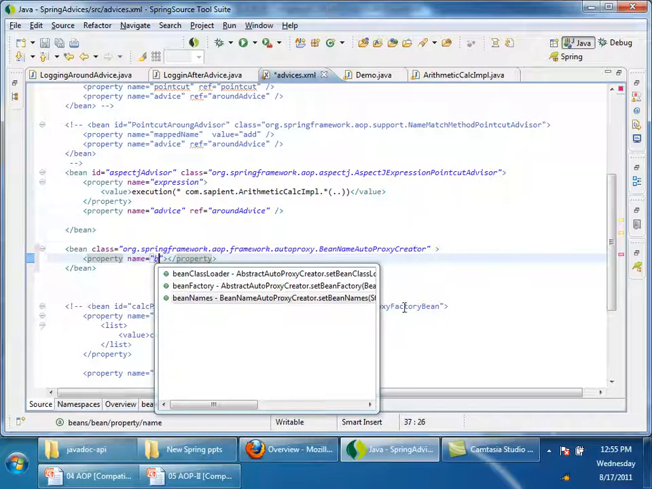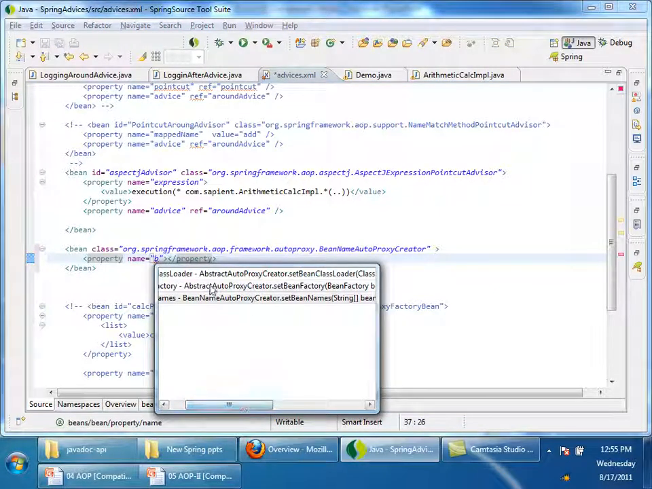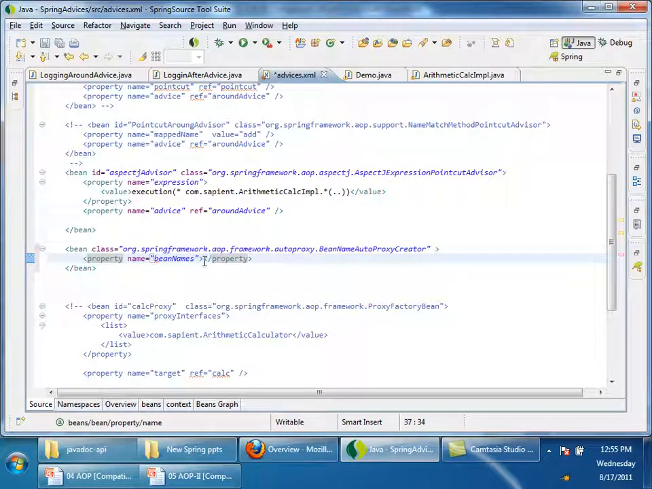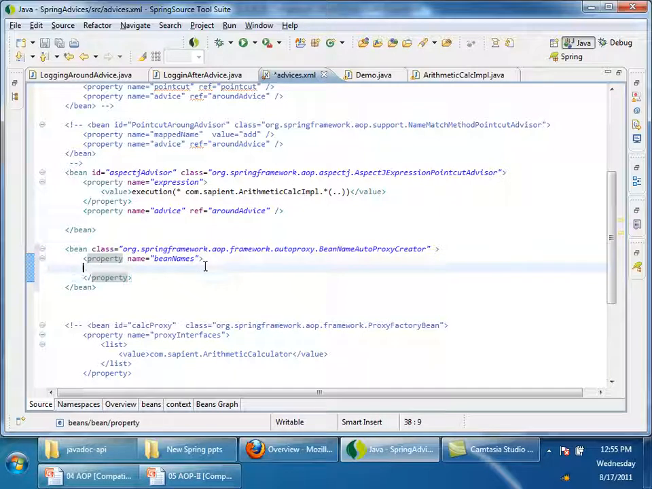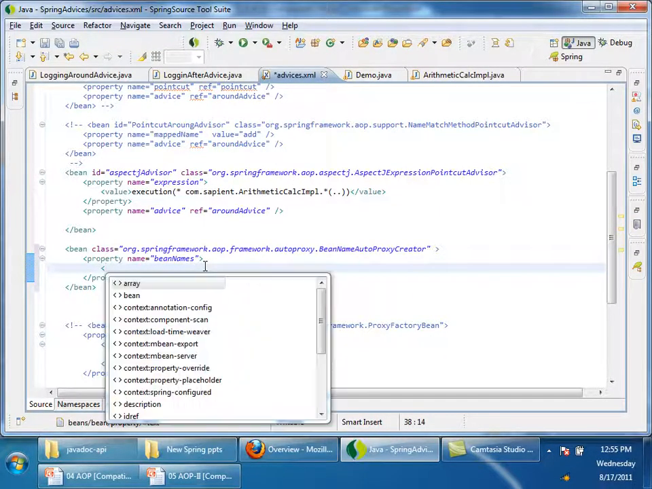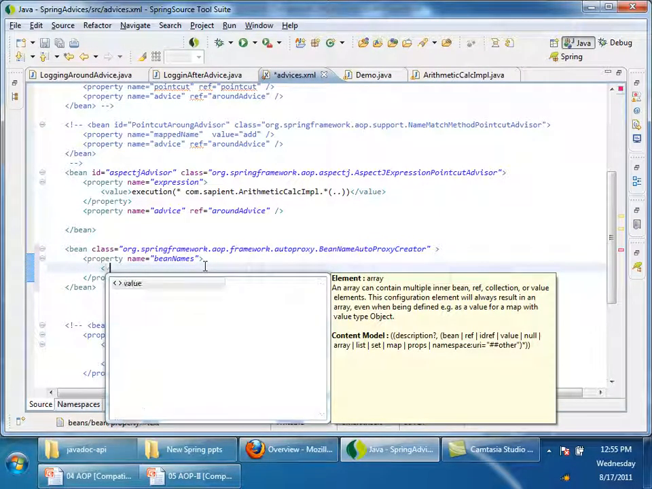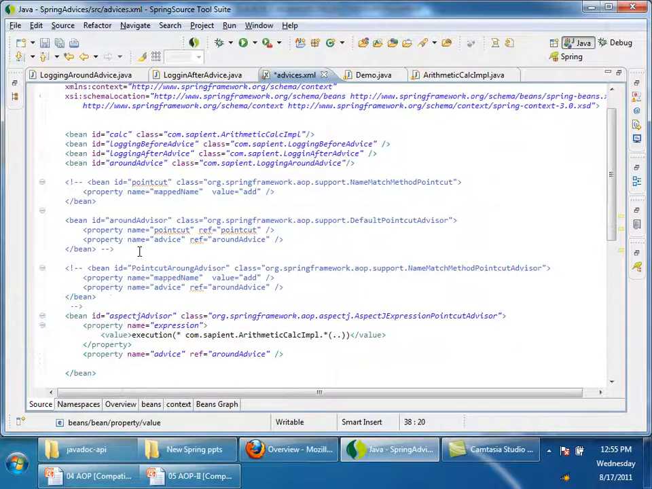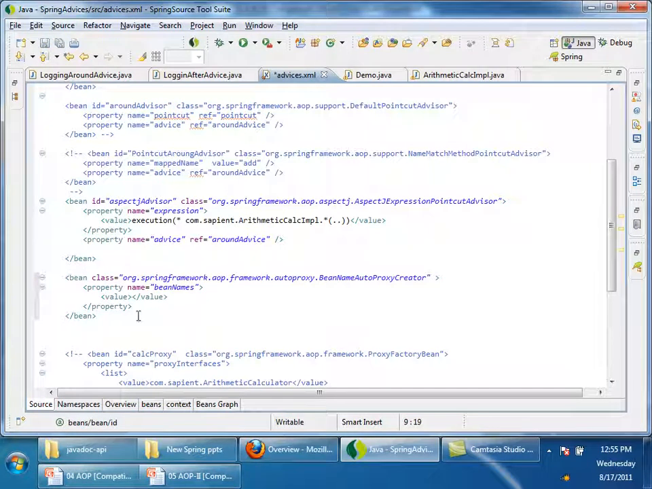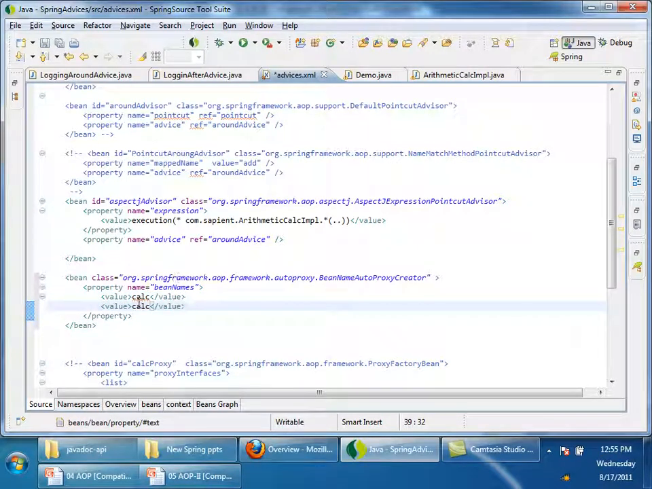Bean names is of type string array. Bean names, I will say value bean name. And if I have another bean called unit calc, I can specify unit calc. So now what happens, see here,